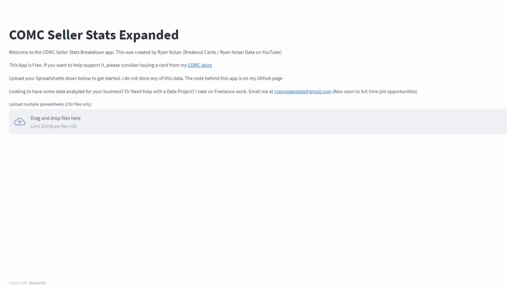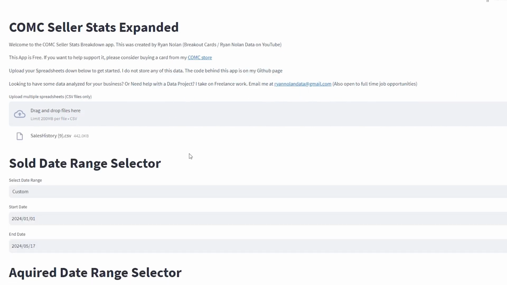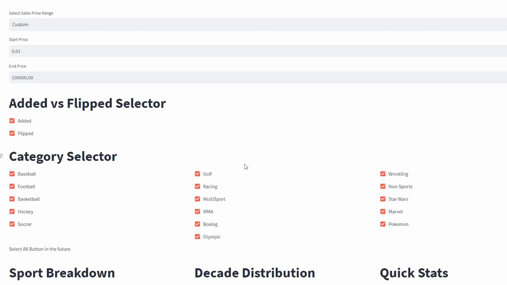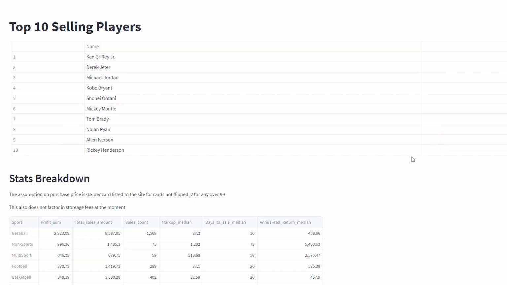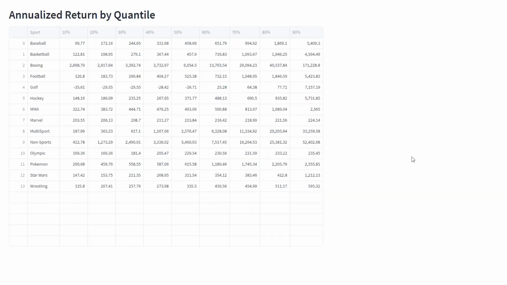And that's a very good positive because we can extract a ton of data from the spreadsheet. So the goal of this project today is to build out a Streamlit application where any COMC seller can upload their spreadsheet into the Streamlit app and get a dashboard of statistics. That way they know what cards they are making the most profit on, what cards they are making the least amount of profit on, and have some data to show their actual profit, because you can't really see that. You see the gross amount of cards that were sold and the volume associated with it, but